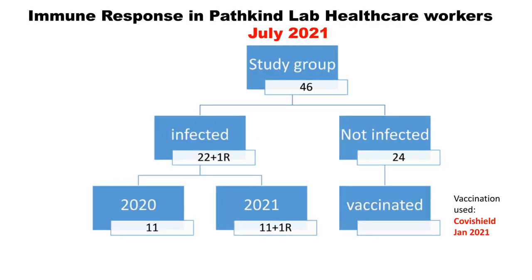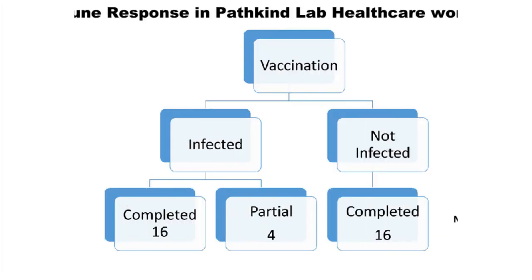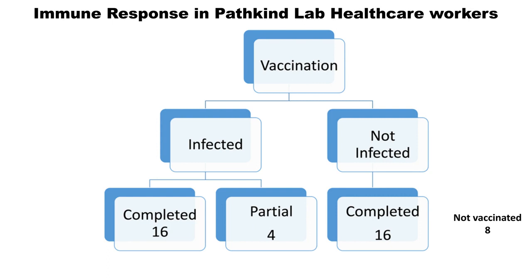Subsequently, in March, April, there was a big outbreak caused by Delta virus, and many of our staff members also got infected. In fact, in 2020, 11 had got infected, and in 2021, by Delta virus, 12 persons got infected. One person had got infected and recovered from 2020, but 11 new persons got infected. They were also vaccinated. Some of them had taken 1 dose, some had taken 2 doses, and some had not taken any dose.